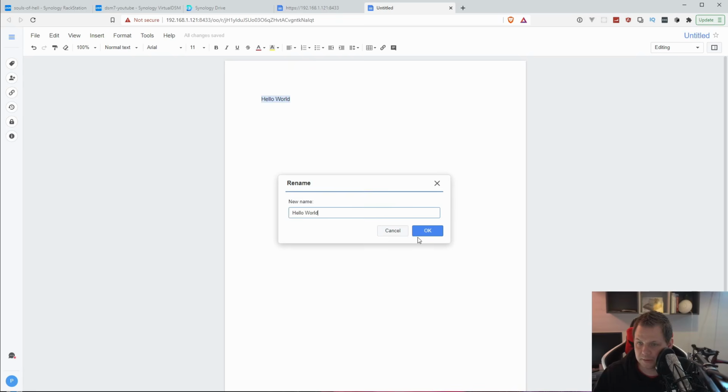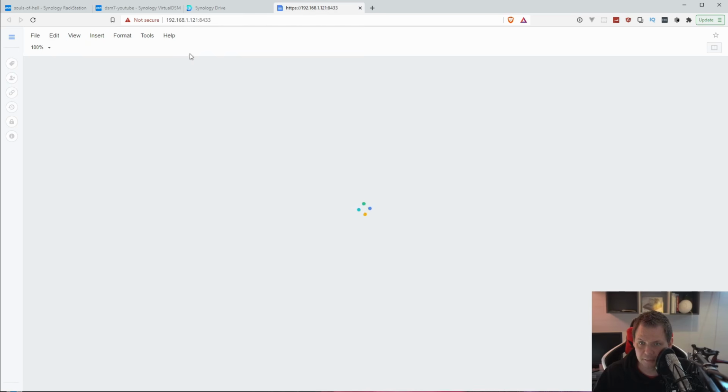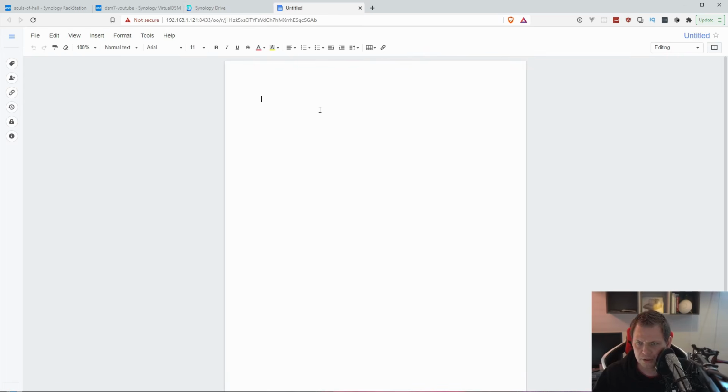And up here I open it, and you have the normal text, you have headlines, so you have everything else that you know from Google Drive, Google Docs, sorry. And this is the encrypted version. I don't know if Google supports that. I'm not using Google so much, so I'll just copy this one and say hello world